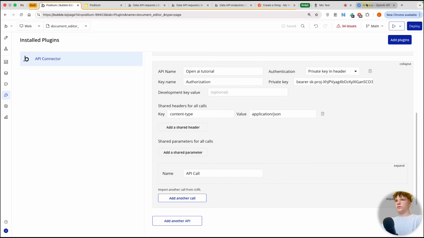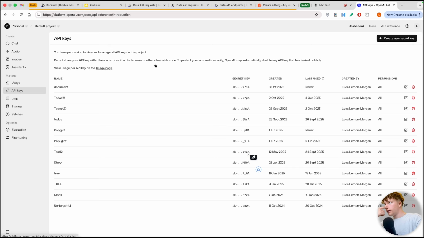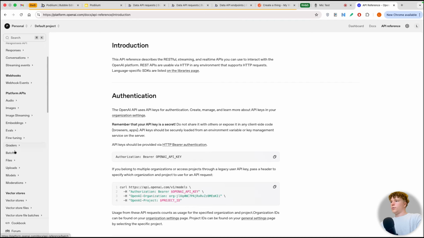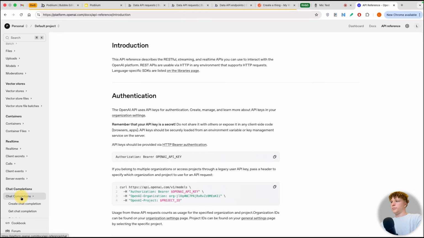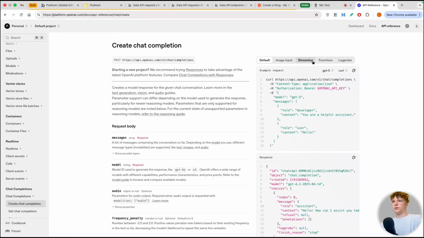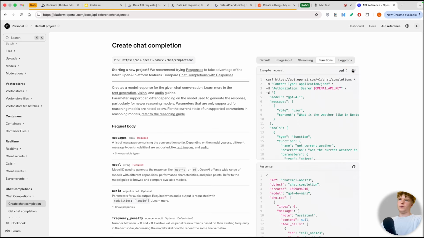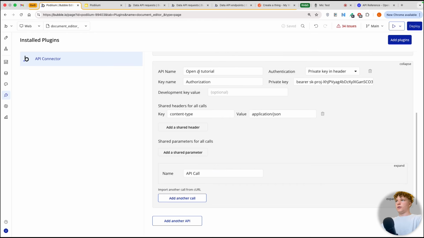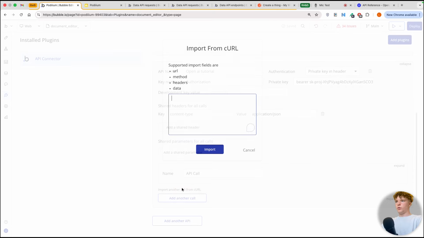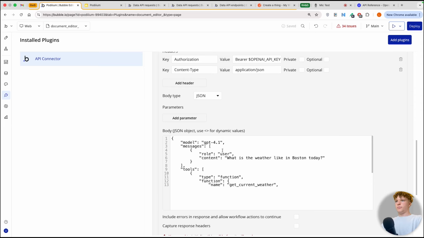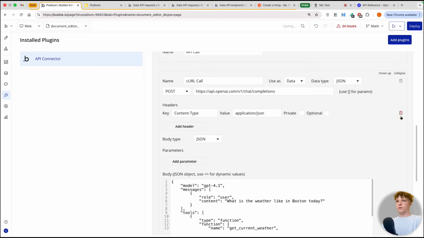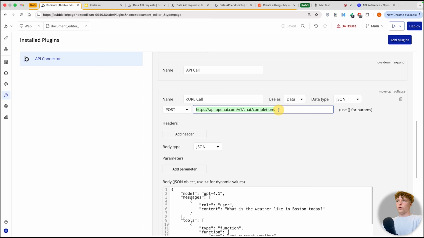And then we can actually go to our API reference here within OpenAI's website. We can scroll down to chat completions, create chat completion. We're going to be doing functions here. And if we copy that, we can go back to our API connector plugin here and import another call from cURL. We'll hit import. We can actually delete these two headers here because we've already set that up. But it's given us our endpoint, which we're going to call, and it's made it a POST. So we go to action. This is how you essentially are able to create an action with this API call, and we'll say